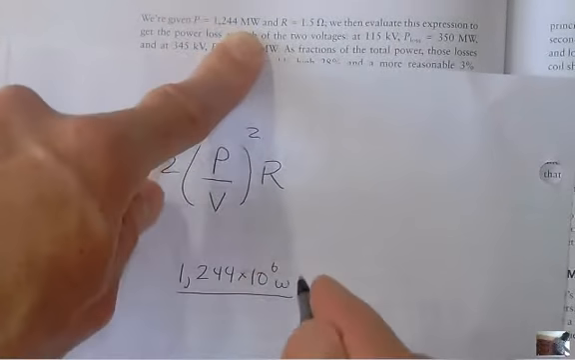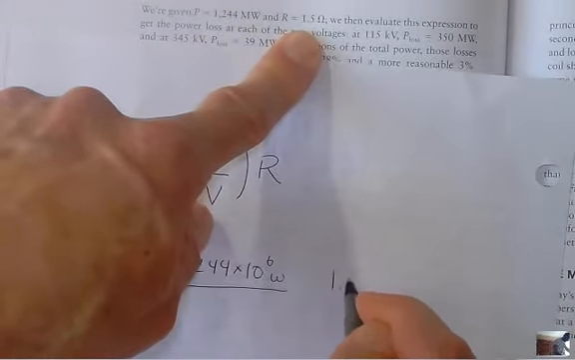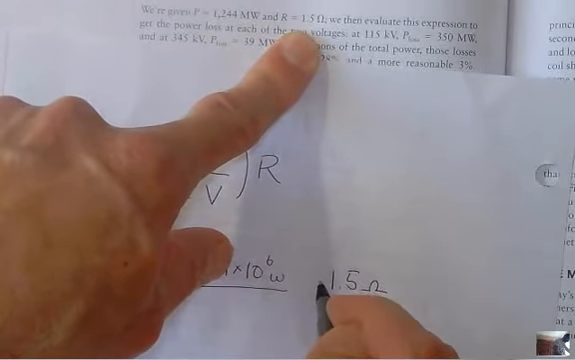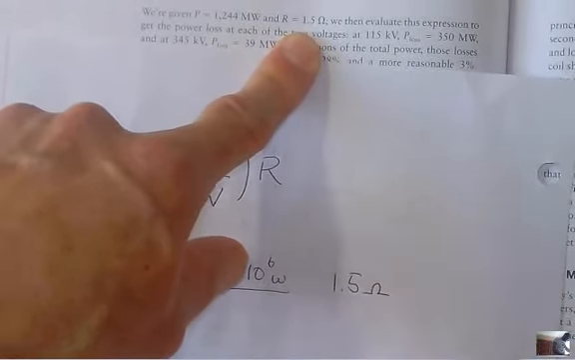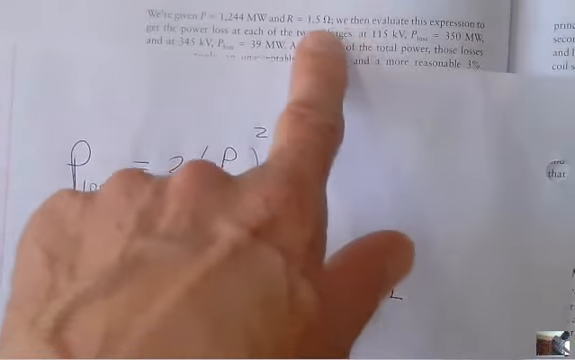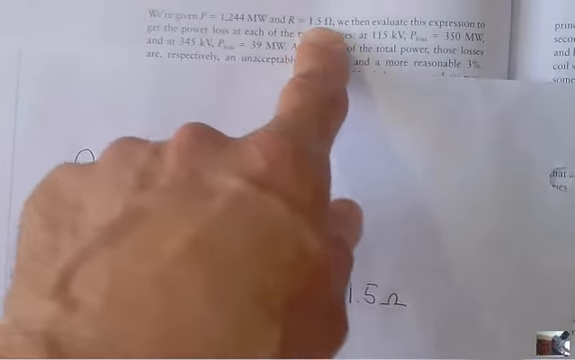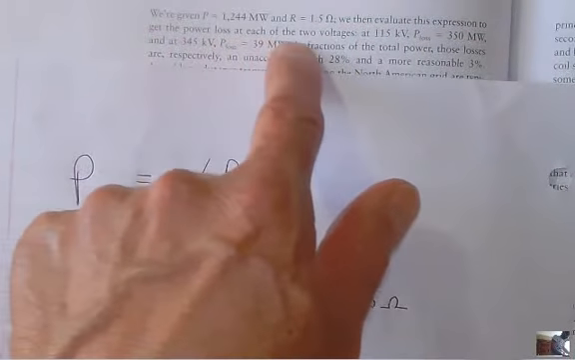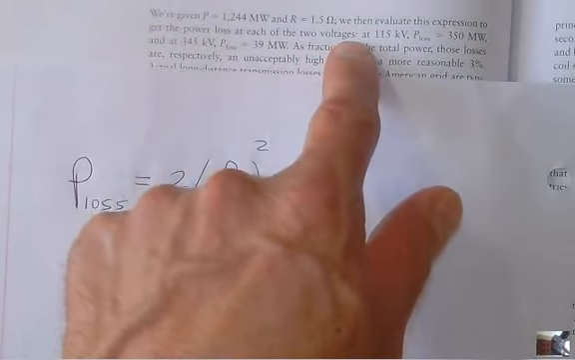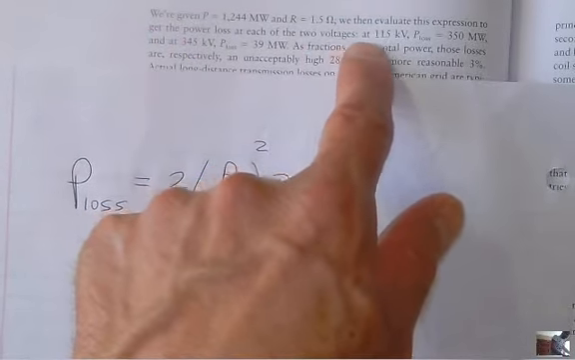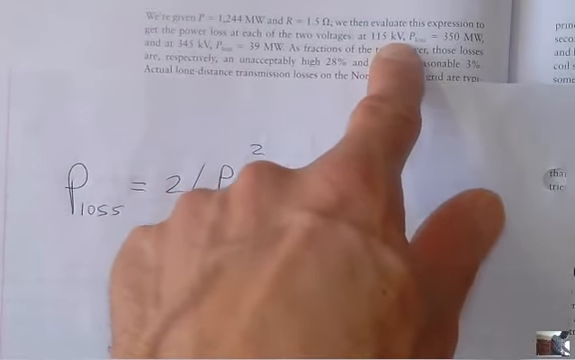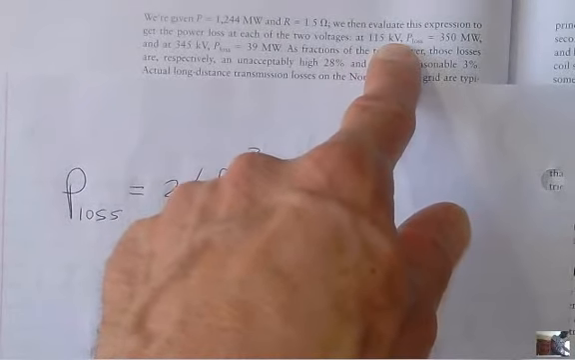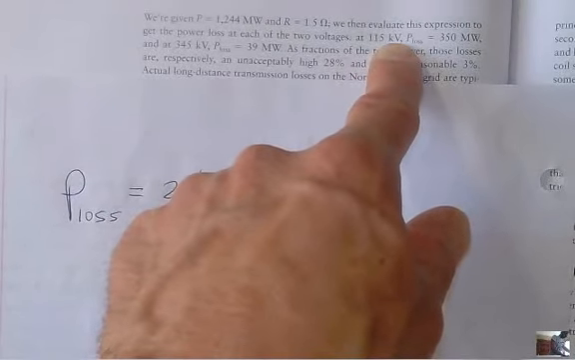Okay, the resistance here is 1.5 ohms. So the wires are pretty good. Hold on a second. That would be 1.5 ohms, okay? And then evaluate the expression to get the power loss in each of the 2 voltages. So at 115 kilovolts, if I would try to bring the power directly like it was,